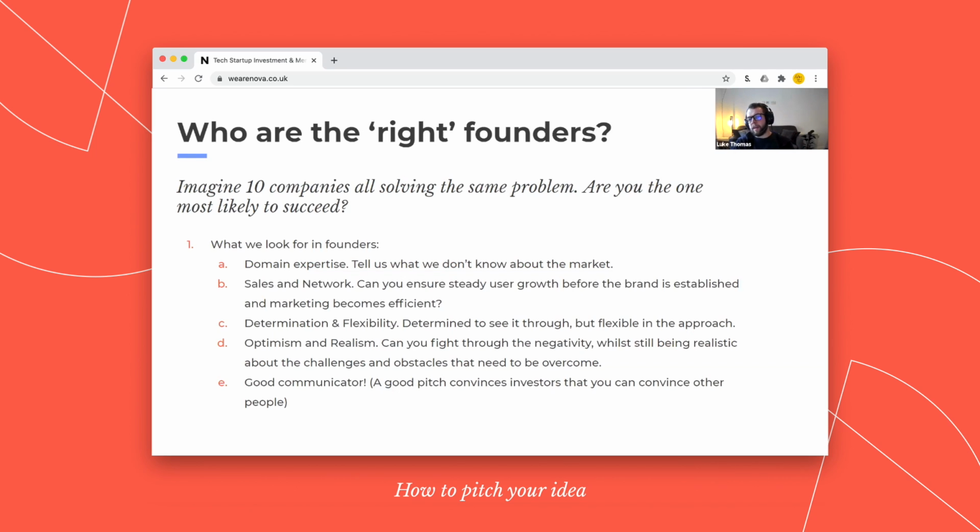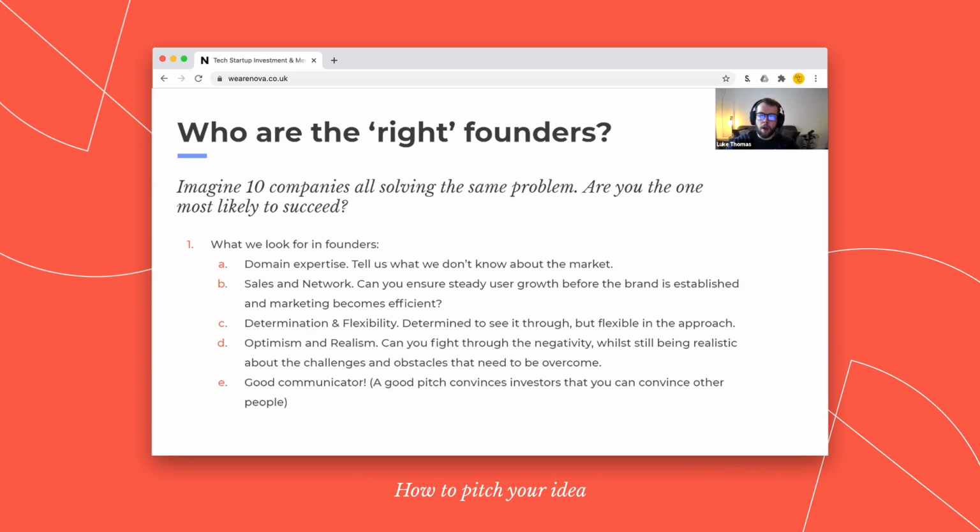But I need to be flexible in how I get there, because if someone comes and tackles me, I might need to go backwards, I might need to dodge, I might need to pass. So what we're looking for is someone who is determined to solve the problem, but they don't think that they know it all today. They're not saying that plan A is the plan that will work. So be determined in your overall goal. I want to create a company to solve this problem. I want to grow it really fast, and I want to work with technology to do it. But then be flexible in, we've got our initial customers.